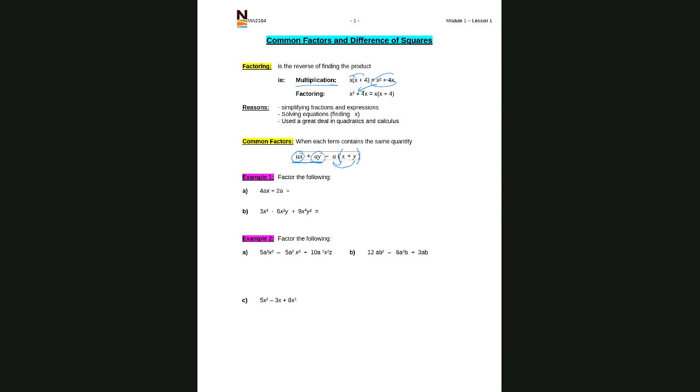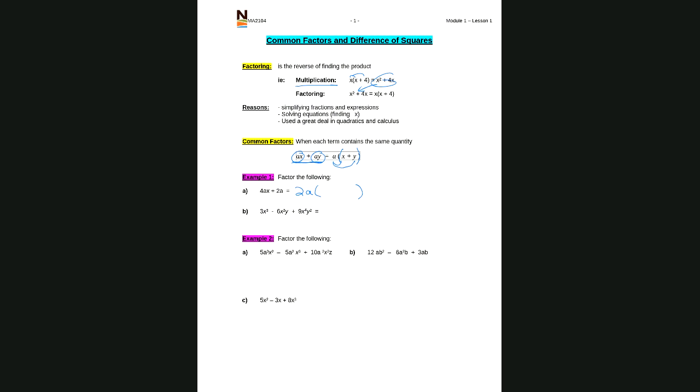So for example 1, we have again two terms, 4ax plus 2a. So the common factor is not only a, but also the number 2. So you should take out the largest common factor. If not, you just have to keep factoring again. So we take out 2a,